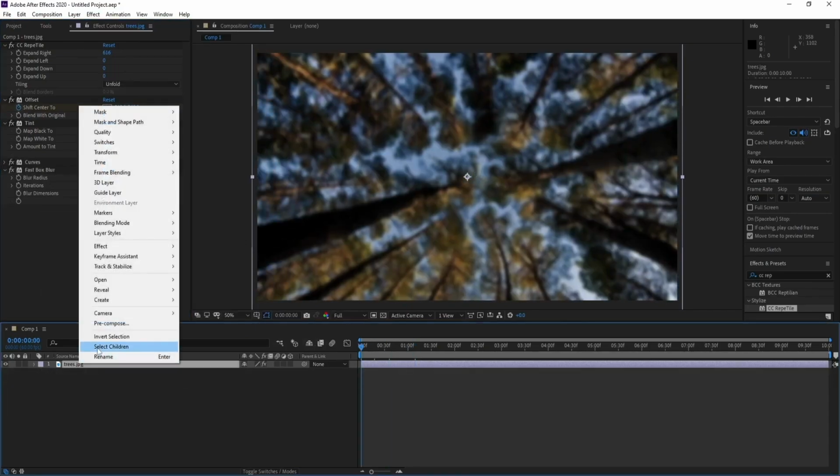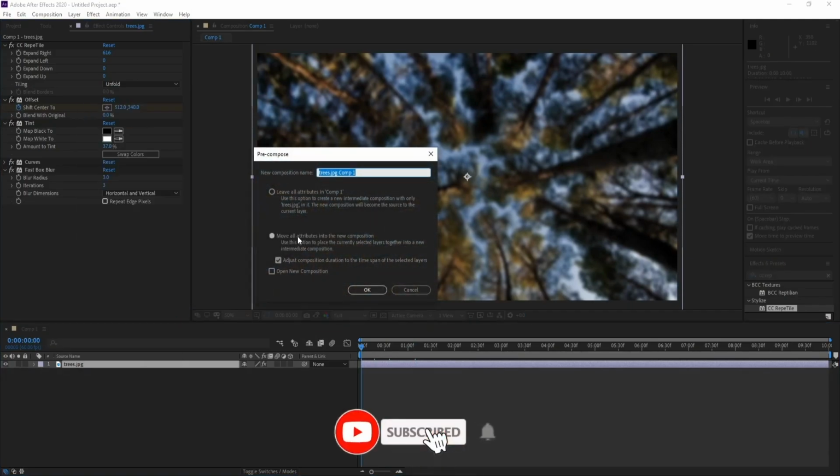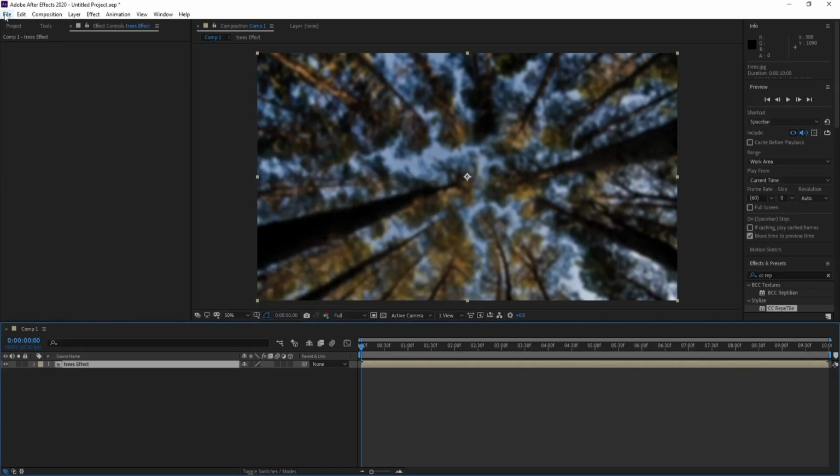Now I'll pre-compose the tree and make sure that you are on Move All Attributes into the new composition. Then maybe I'll name it trees effect. Okay, and now I'll add